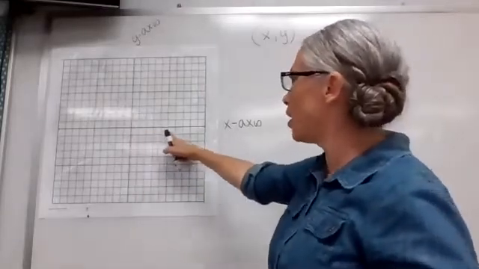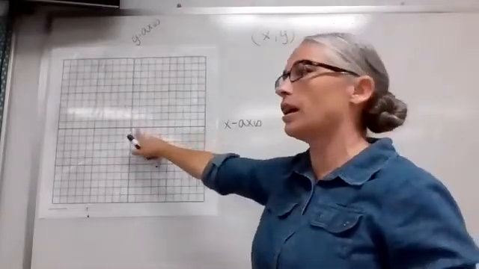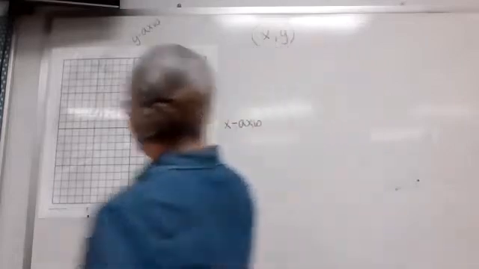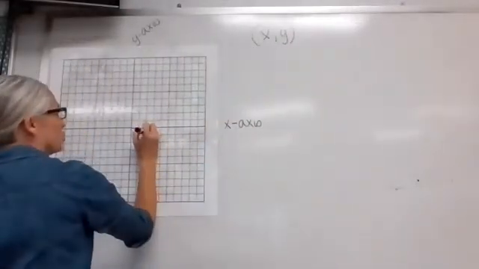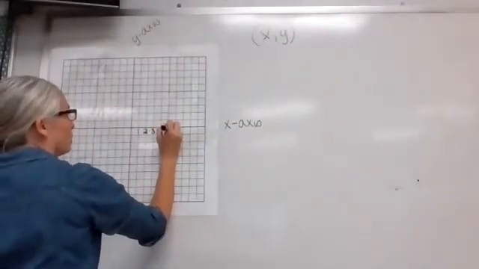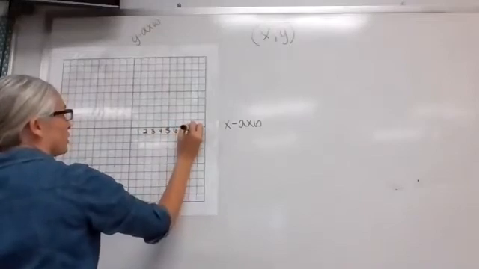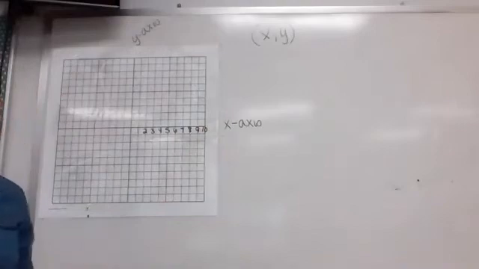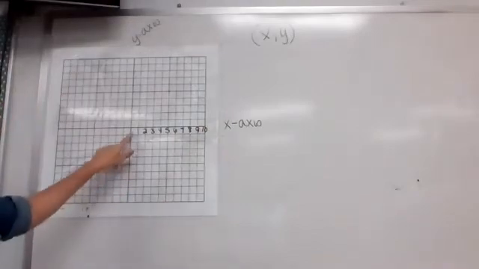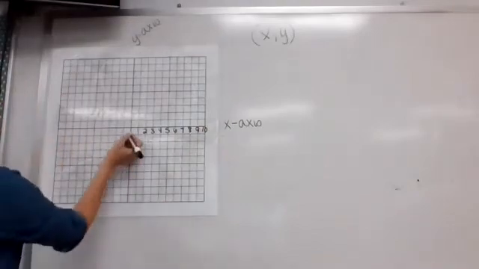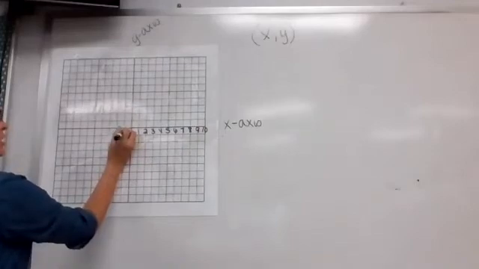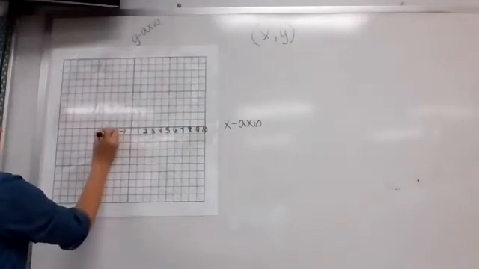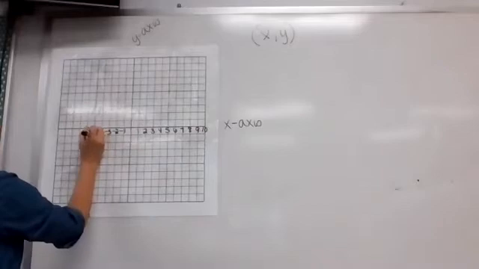On this side, are these the positive numbers or the negative numbers? Positive, just like the number line. 1, 2, 3, 4, 5, 6, 7, 8, 9, 10. Again, I still have people getting stuck on this. To the left, negative numbers. What's this one? -1, -2, -3,